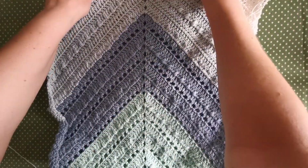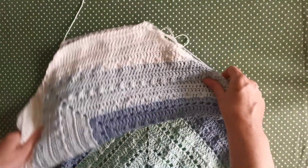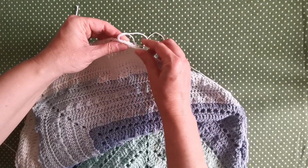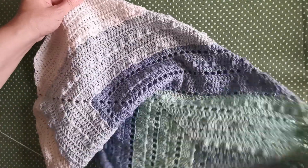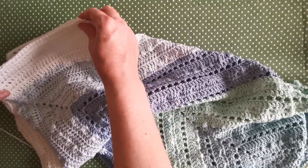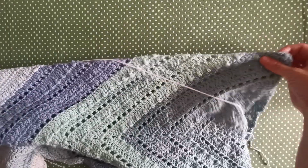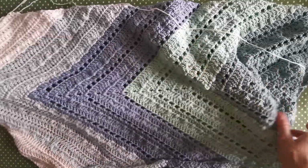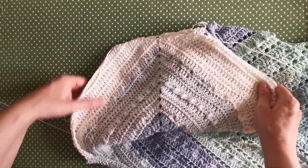So I have my back sides facing, and now I will sew my dress together with simple single crochet stitches on the side here. So from this point to the bottom of the dress, and then the same thing on the other side, leaving of course the bottom part open